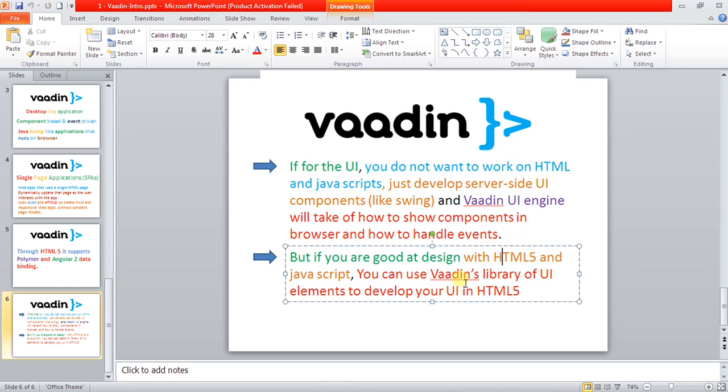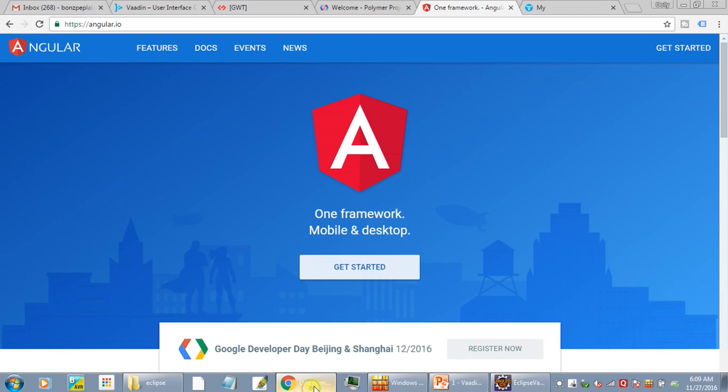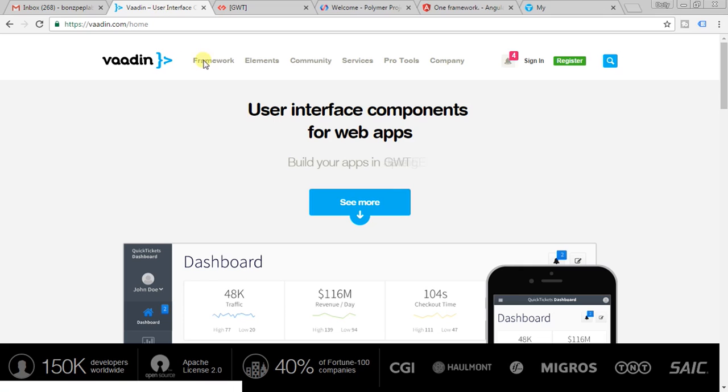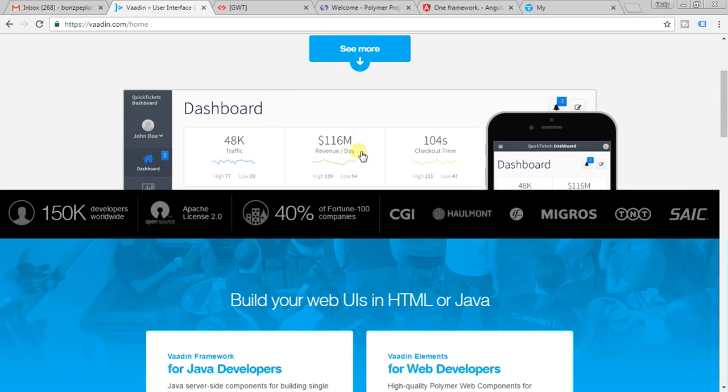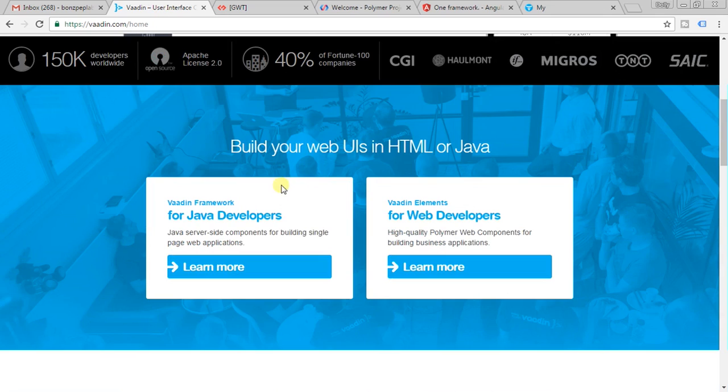If you go to Vaadin's site, you can see here it can be used by Java web developers for creating Java server-side components for the whole